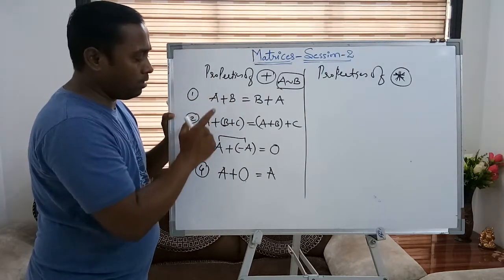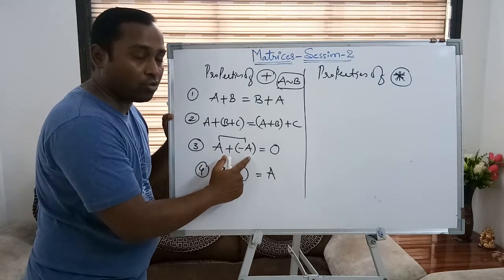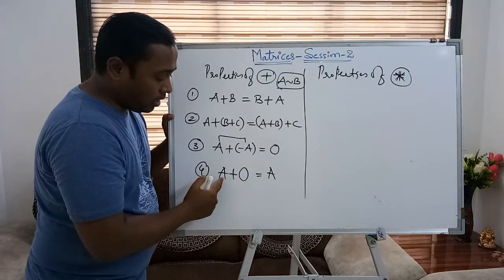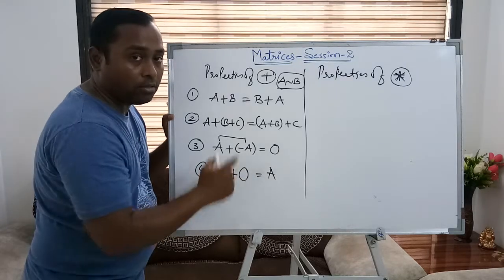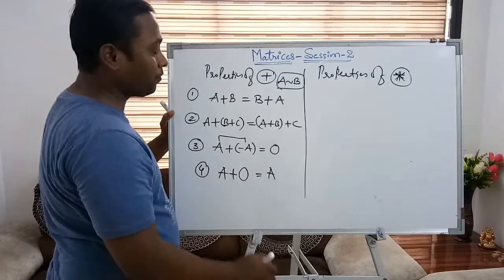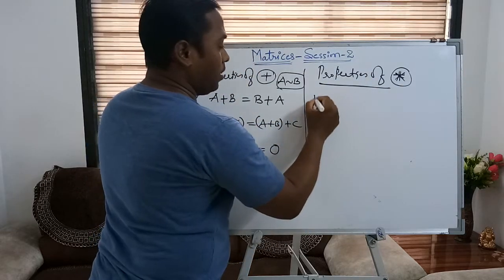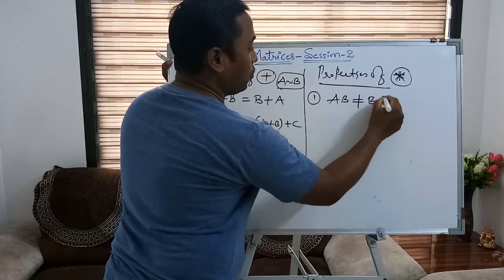It's always commutative, it's always associative. A and minus A are called additive inverse of each other. When you add both, you will get always zero matrix. Hence here the fourth one is 0 plus any matrix is always a matrix itself. Then properties of multiplication. Here the first property, AB is not always equal to BA.